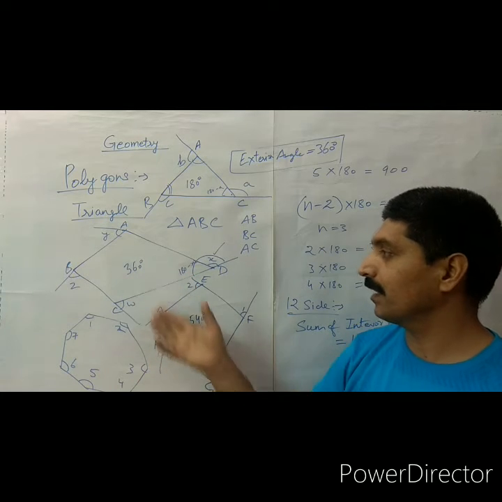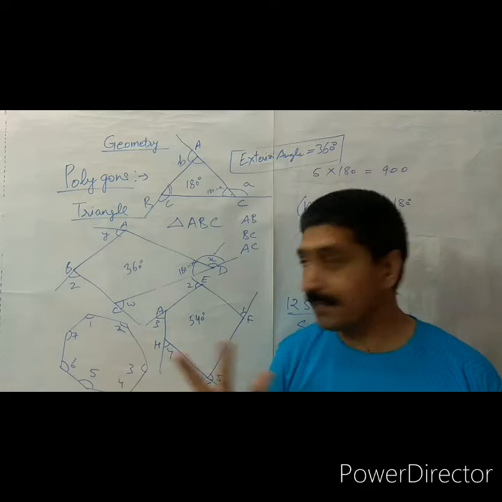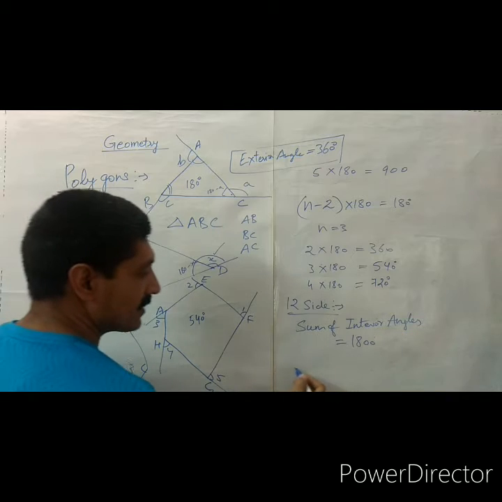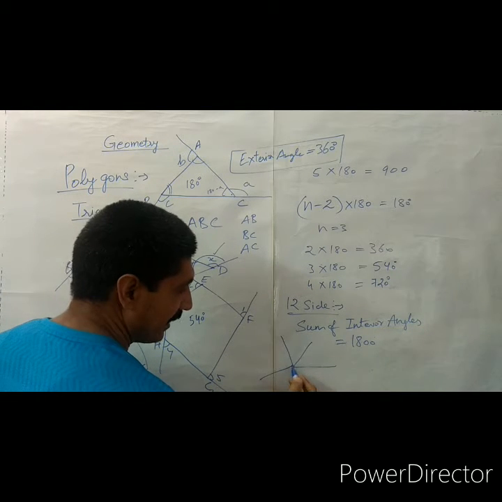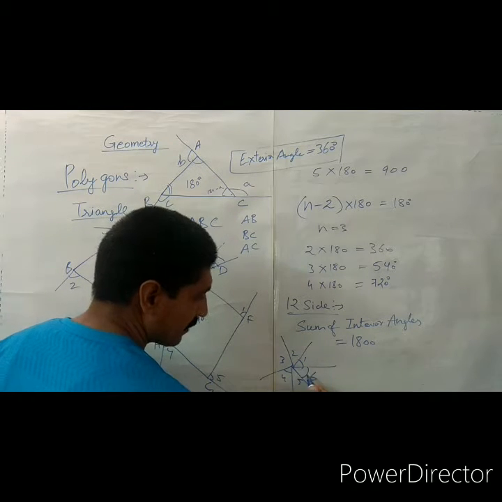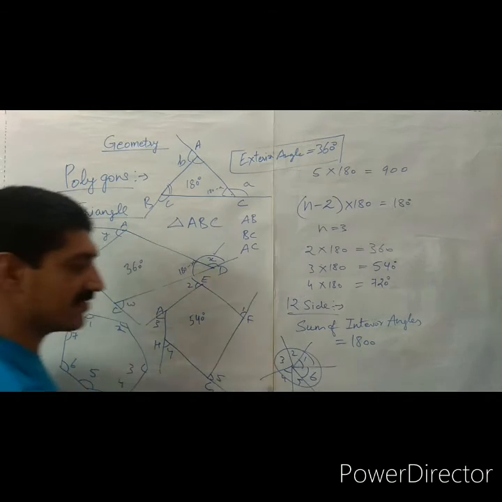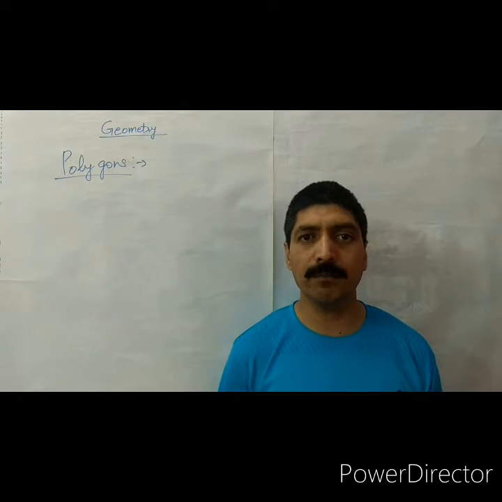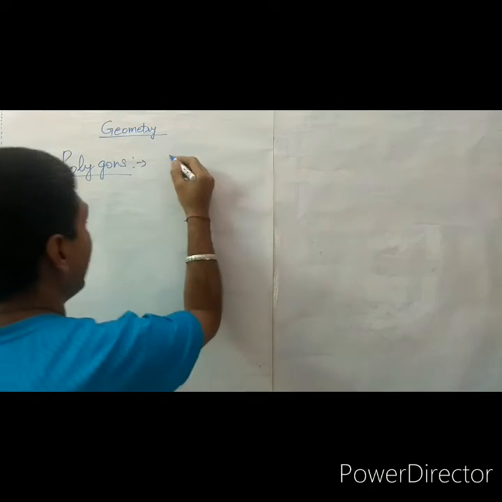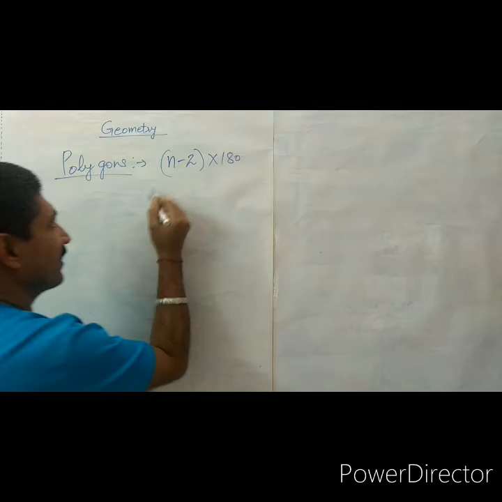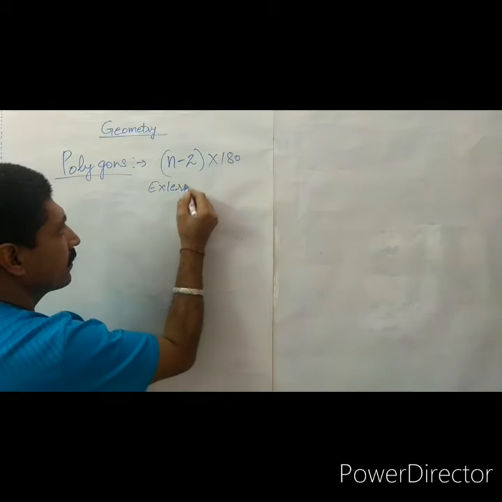We can do it with the help of an activity. We can draw a quadrilateral, pentagon, hexagon, cut these angles and paste them together. After that, we will find angle 1, angle 2, angle 3, up to angle 6, and the sum of all the angles. The sum of the exterior angles of a polygon is always 360 degrees. If we have n number of sides, the sum of interior angles we can find with the formula n minus 2 into 180 degrees. The sum of exterior angles